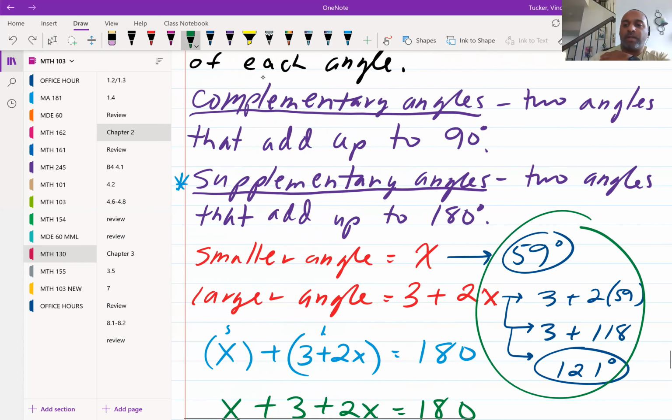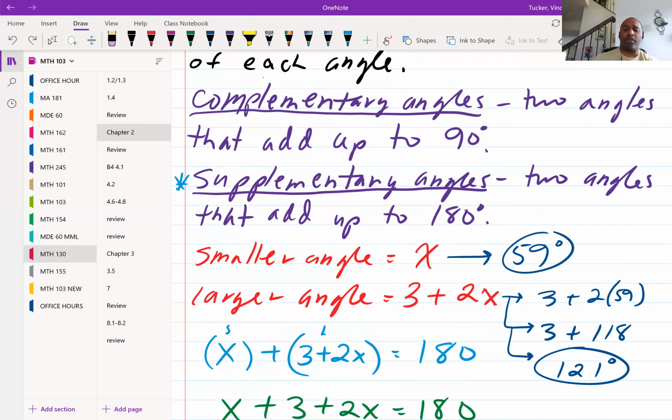Here we go over here. X is 59, so that means our smaller angle is equal to 59. And then we can find our larger angle one of two ways. You can plug it into 3x plus 2, and that's what I did right here: 3 plus 2 times 59. 2 times 59 is 118, then add 3, that's 121. Or since they're supplementary angles, I could have just subtracted 59 from 180, and I still would have got the